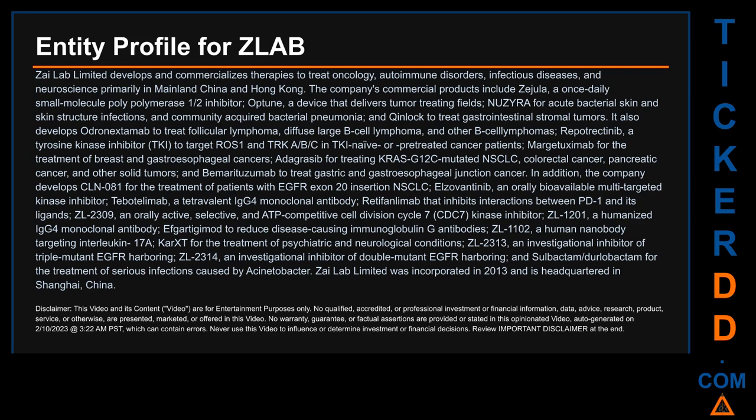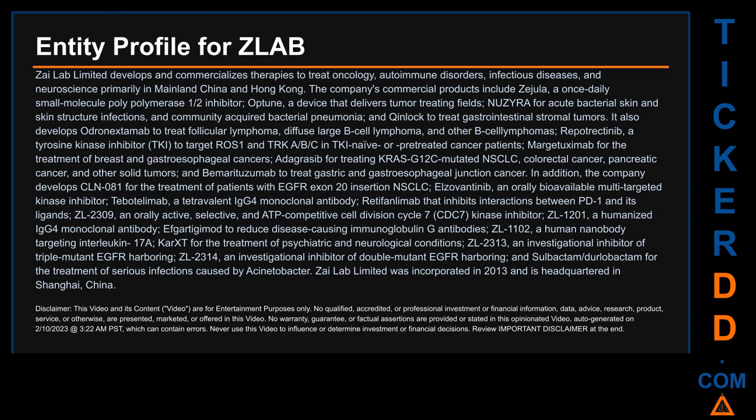ZL-2309, an orally active, selective, and ATP competitive cell division cycle 7 (CDC7) kinase inhibitor, ZL-1201, a humanized IgG4 monoclonal antibody, efgartigimod to reduce disease-causing immunoglobulin G antibodies, ZL-1102, a human nanobody targeting interleukin-17A, CAR-T for the treatment of psychiatric and neurological conditions,